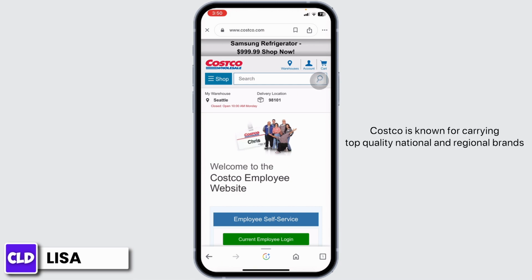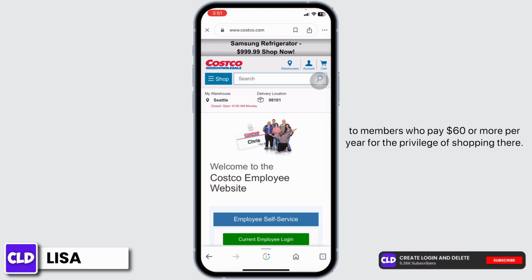Costco is known for carrying top quality national and regional brands with a 100% satisfaction guaranteed. The strength of Costco's business model is largely in its simplicity. Costco sells high quality goods at bargain prices to members who pay $60 or more per year for the privilege